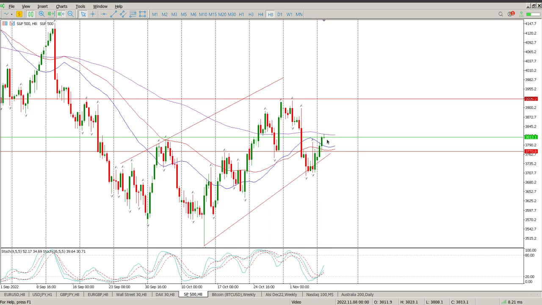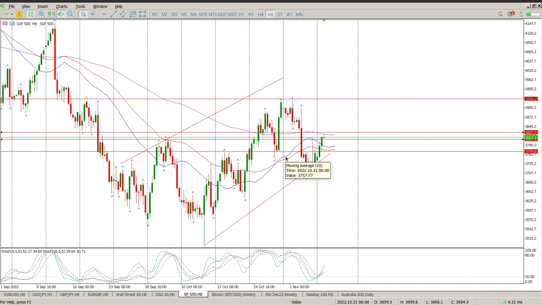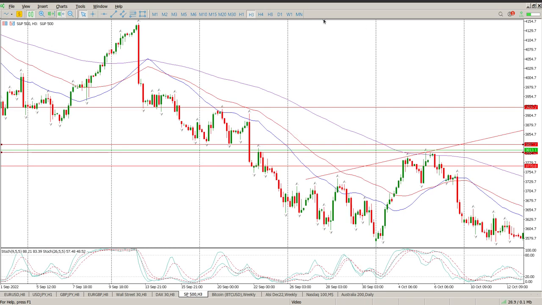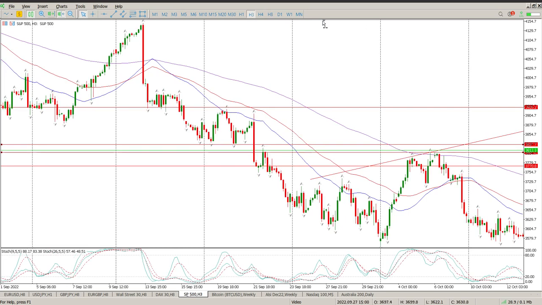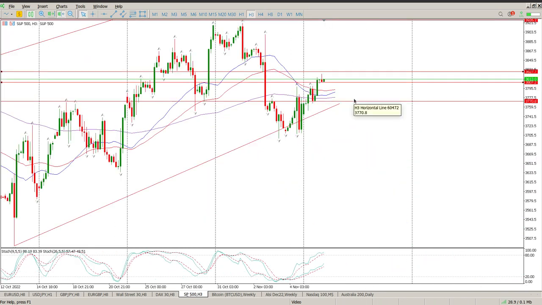So this 155 EMA area, which is a previous high here, and it's actually a zone, is what we need to clear for us to start getting a little bit more momentum to the upside to come and test these highs again. So just drilling down through the time frames quickly, and on the 3-hour, a little bit of a